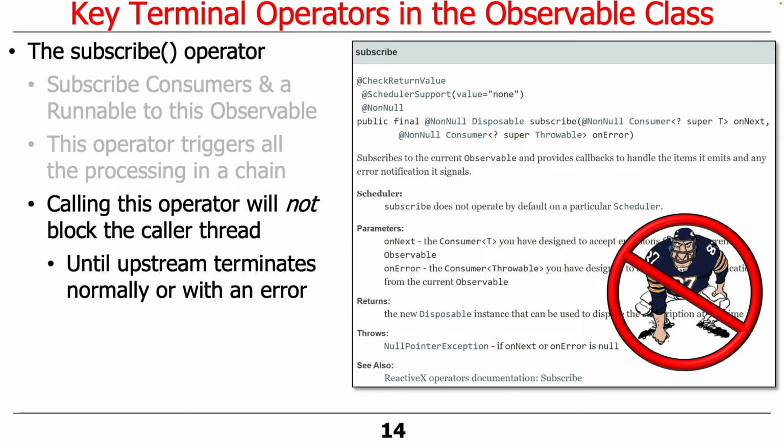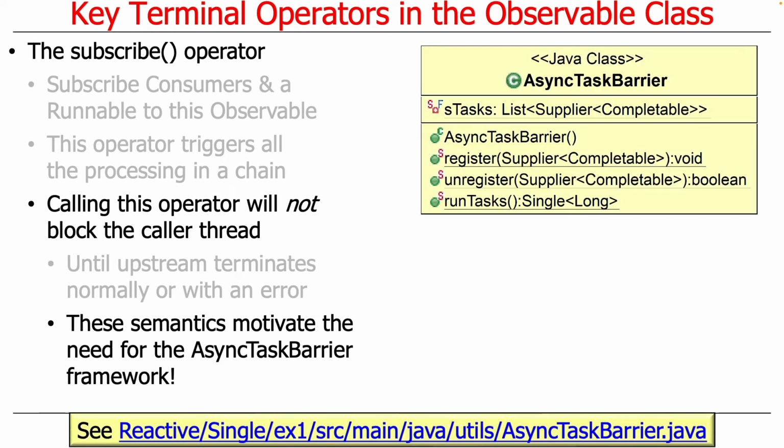Very important to remember, calling the subscribe operator will not block the calling thread. So basically what will happen is it'll just start running, the subscribe will just return, and things will keep running in a different context until the upstream terminates normally or with an error. And because subscribe doesn't block, it motivates the use of the async task barrier framework. We talked before about how async task barrier could be used to have a whole bunch of things that are running asynchronously be completed when everything is done. And so there are various ways to make all this stuff work, but keep in mind that